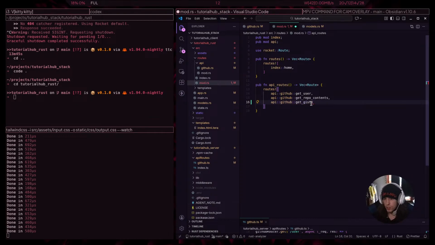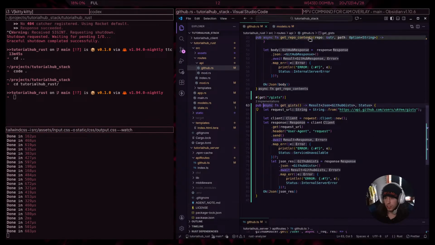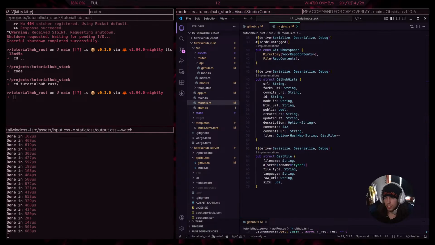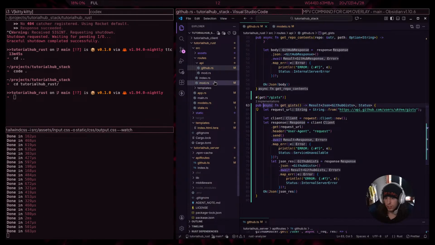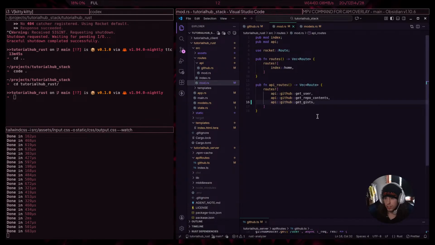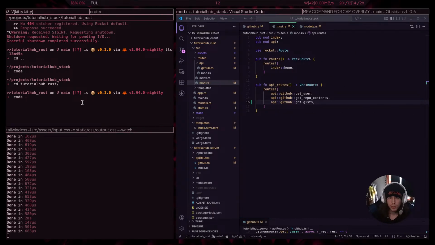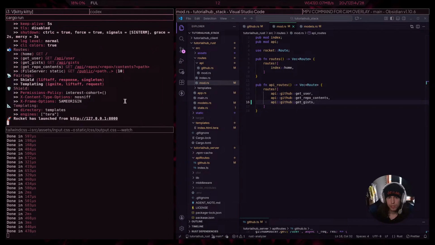Git. Okay. Yes. Okay. So now we should be able to add this cargo run